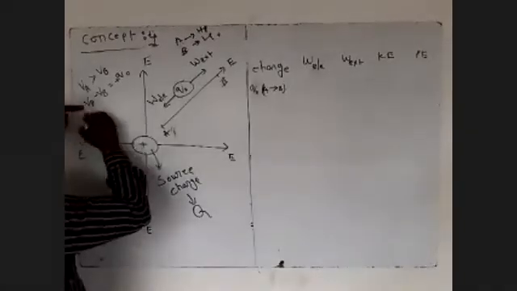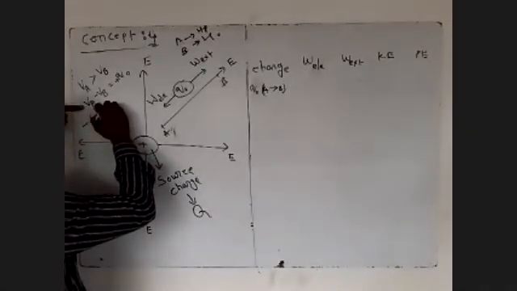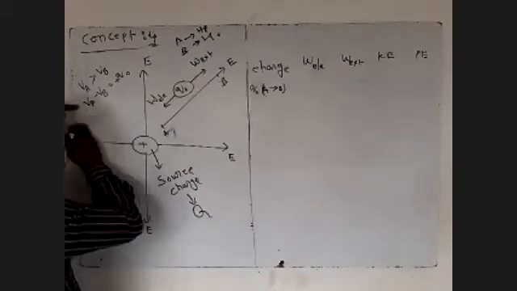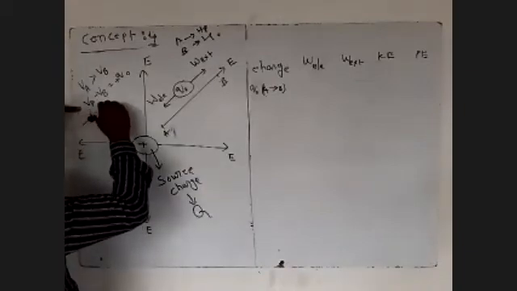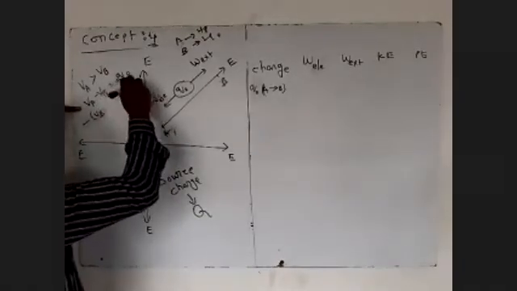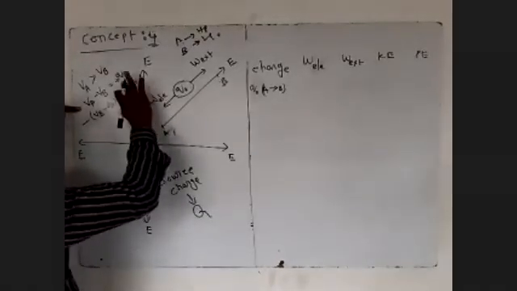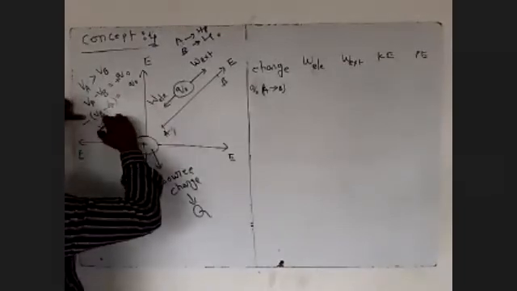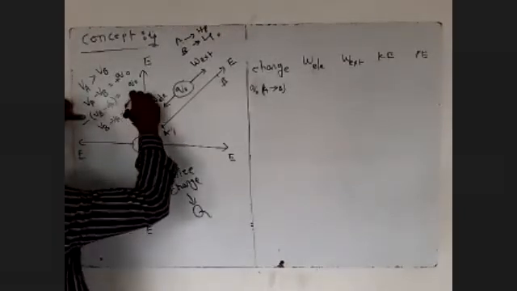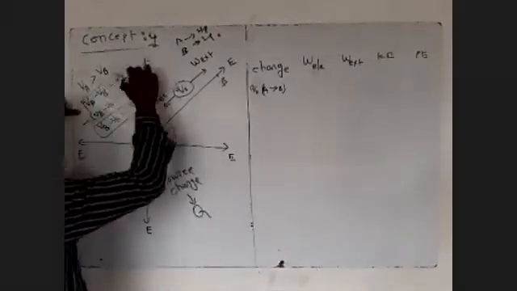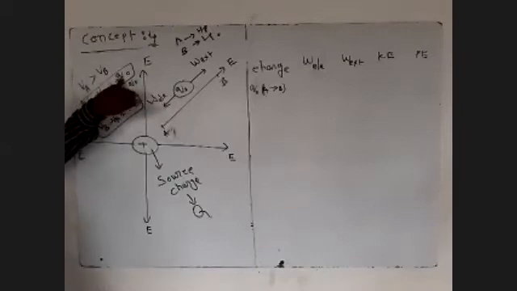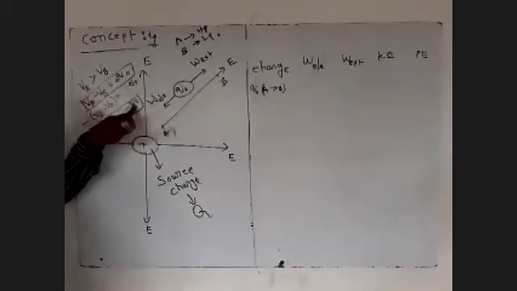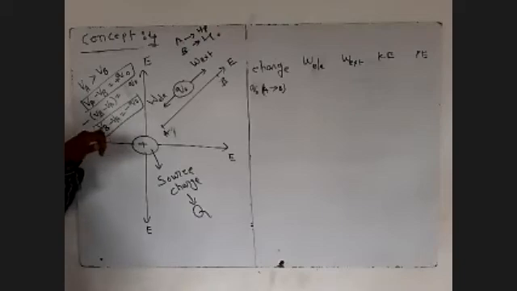Suppose we take minus common from VB and VA. What happened? VB minus VA is equal to plus Q naught, this is a positive Q naught. Taking the minus to this side, VB minus VA is equal to minus Q naught. So this is the meaning: a positive charge always moves from high potential to lower potential. A negative charge moves from low potential to high potential. That is the formula.